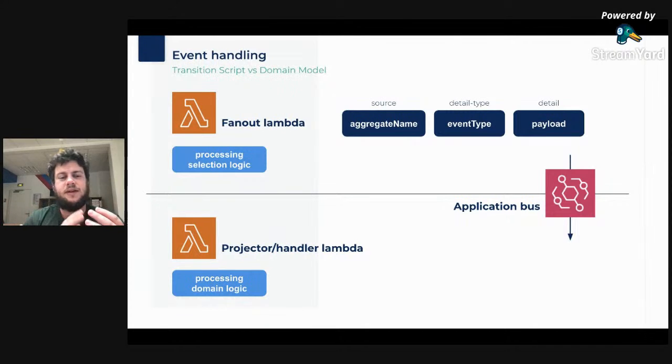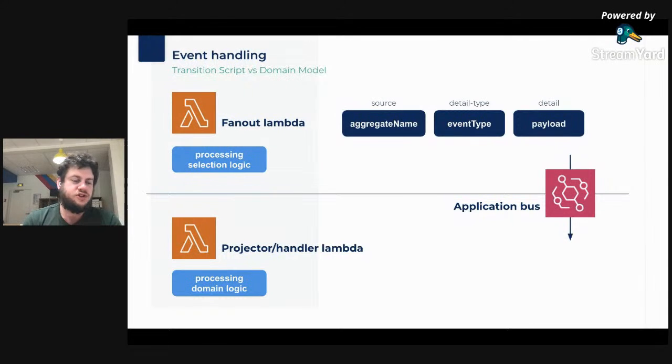And doing so, it can use specific elements of the event inserted to put in specific properties of the event published in EventBridge. For example, it can use the aggregate name that the event was inserted for and put it inside the source property of the event that will be published in EventBridge. Same thing for the event type and all the payload concerning this specific type of command that has been inserted into the audit log. The projector and the handler, through the definition of the serverless framework, will only trigger for their specific events that they want to react to.